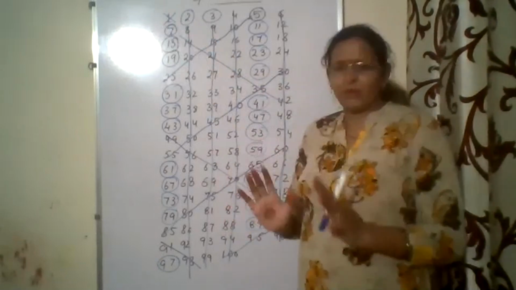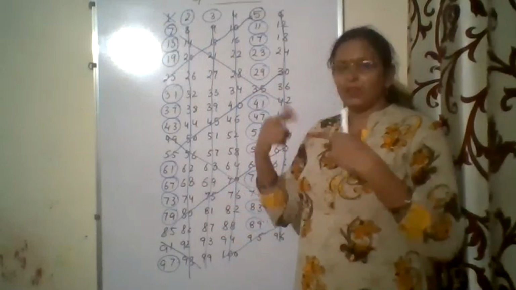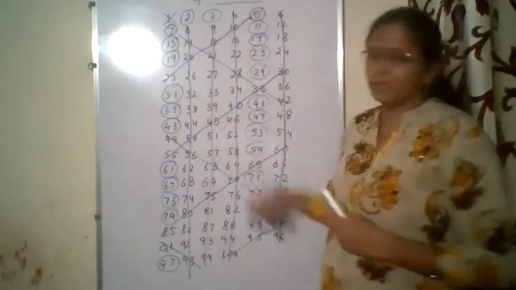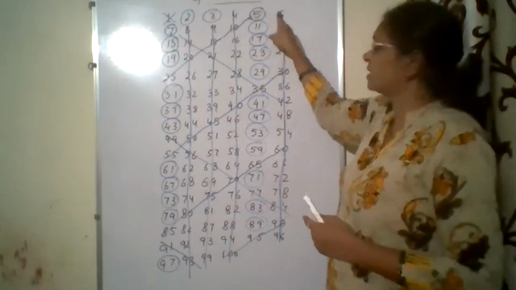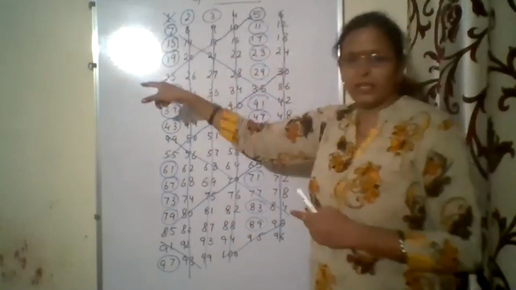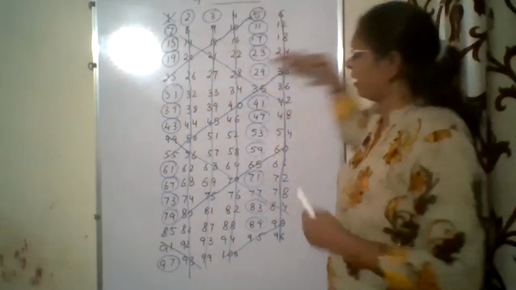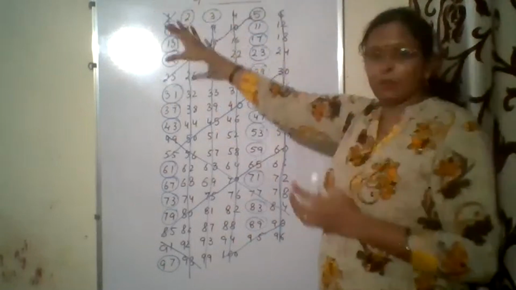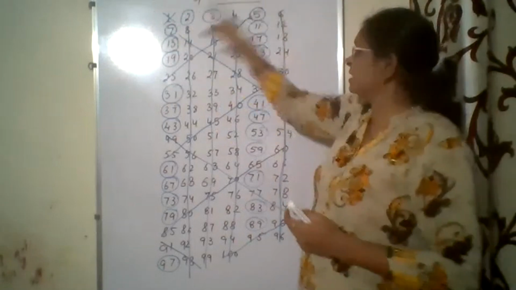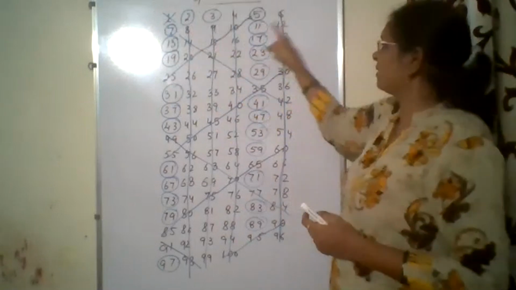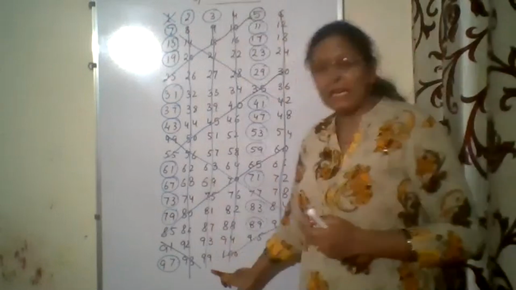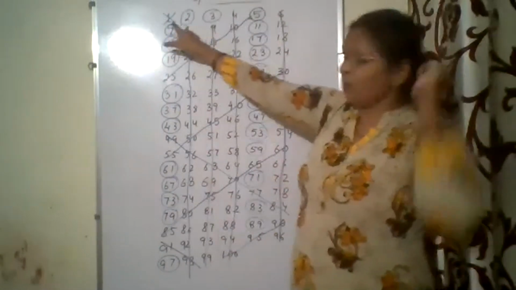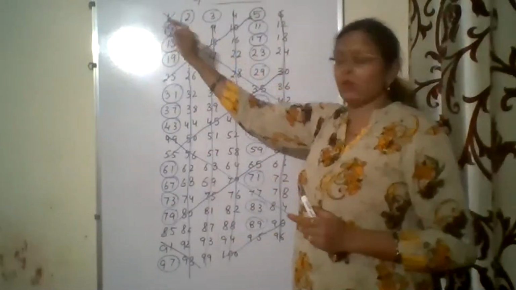So I'm just giving you a quick revision of these steps. You write down 1, 2, 3, 4, 5, 6 on the top, and then in continuation, keep on writing all the numbers in batches of 6, like 6, then 7, 8, 9, 10, 11, 12, 13, 14, 15, 16, 17, 18, and so on till 100. Now, 1 is neither prime nor composite, cross it.